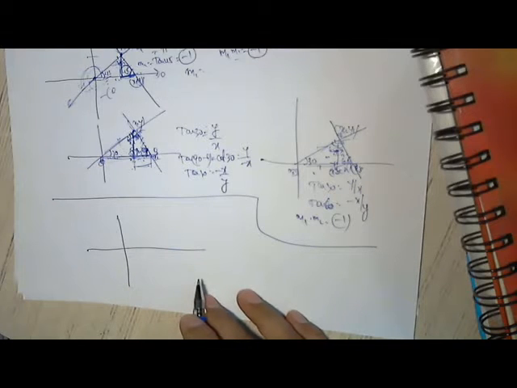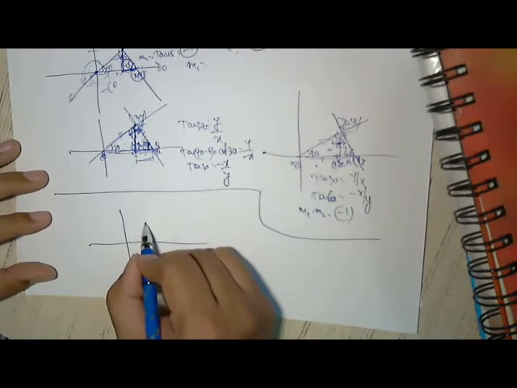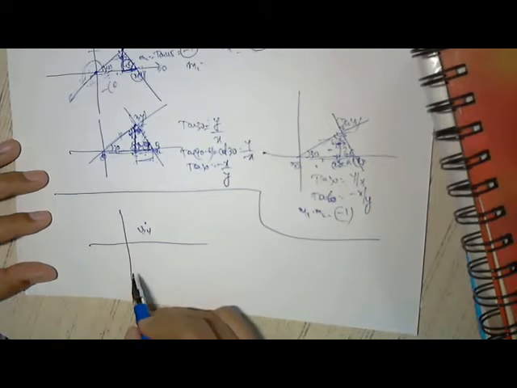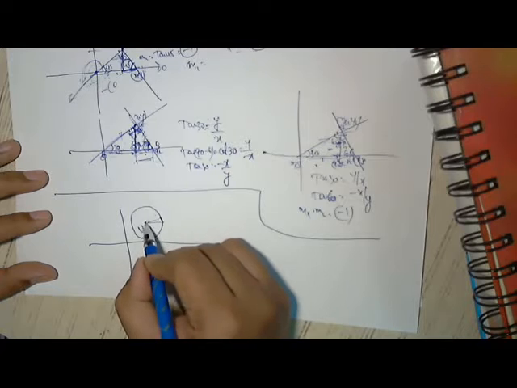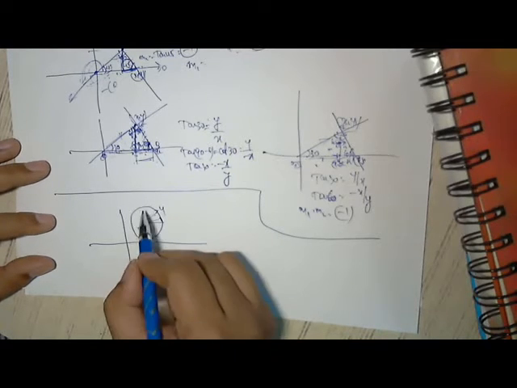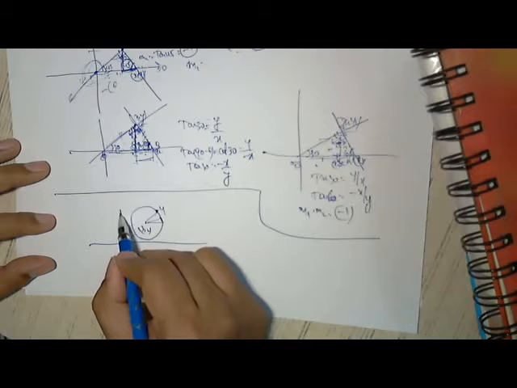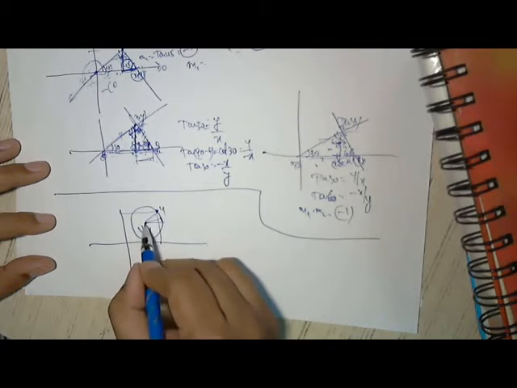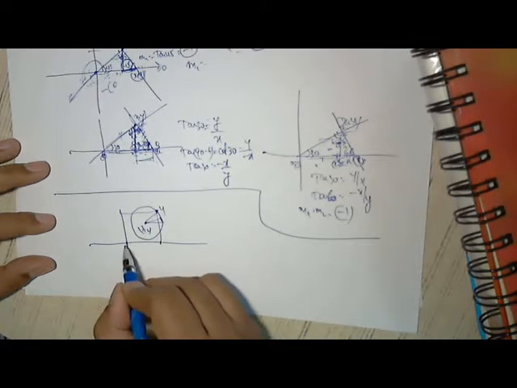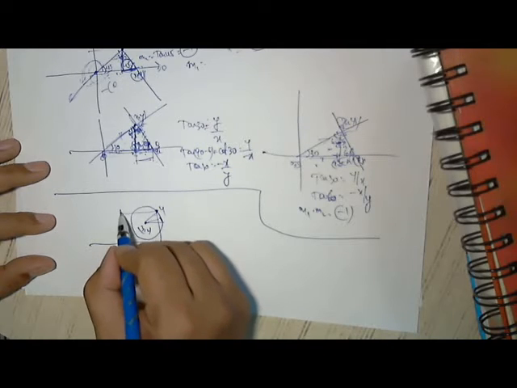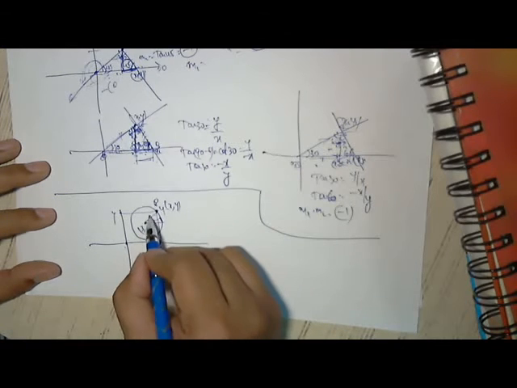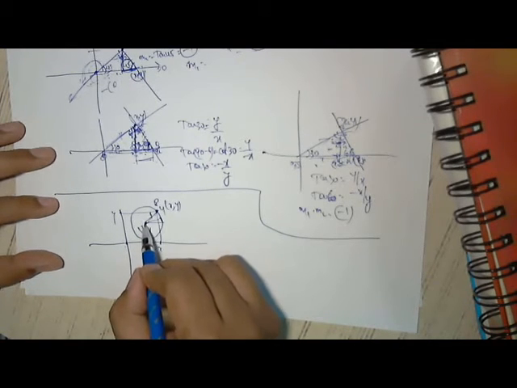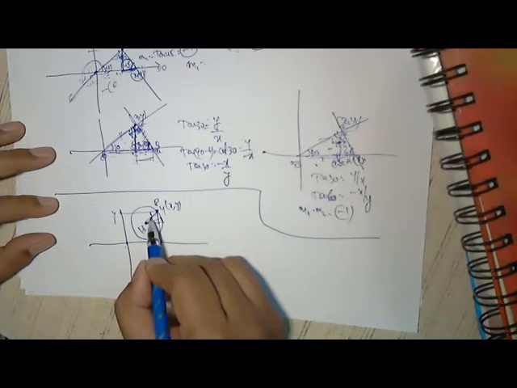Before going to our chapter, we have some more revision here. Suppose this is the point (3, 2), and we have a circle here with radius 4. If I draw a Pythagoras with respect to this axis, this is x, this axis is y. So the point is P(x, y) at a distance of 4. This is a right angle triangle: x square plus y square is equal to 4 square.